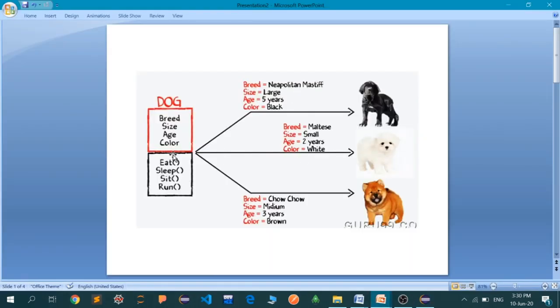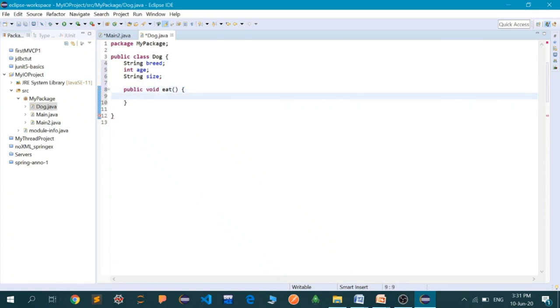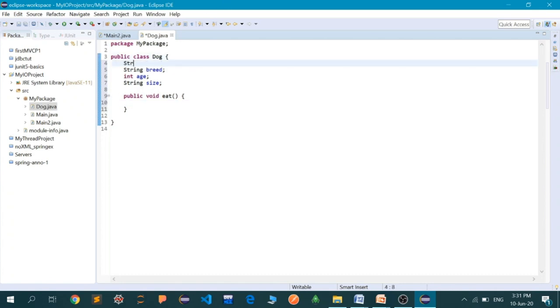So let's try to instantiate these two methods, that is eat and sleep. We're not going to elongate our code, so I will call it public, and let's say void and eat. And let us add one more field, and that is name. Inside this I'm going to add a line